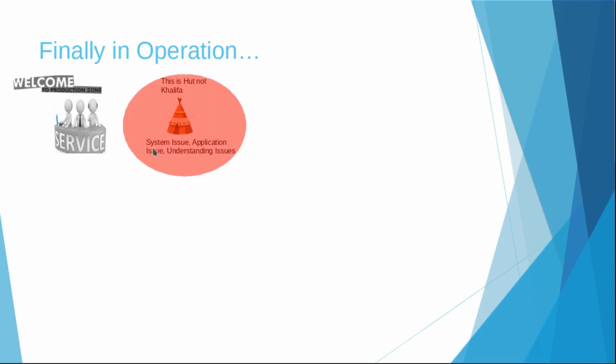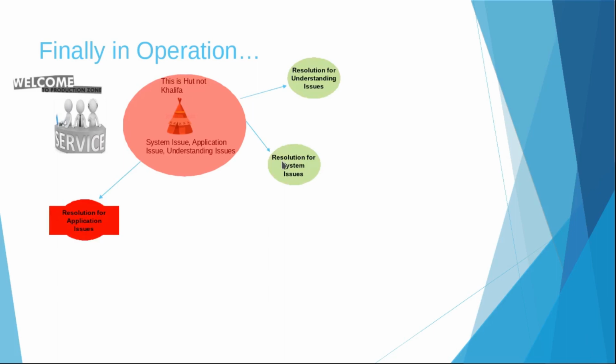The ticket has gone through levels of analysis to segregate it into application issues, system issues, and functional issues. Let's see the resolutions for each issue. First, functional issue or understanding issue. Initially, when the business team explained to the client that the first phase will have only 50 floors, they were not satisfied. Pressure from the client made them commit that there will be a manual workaround to fix this.